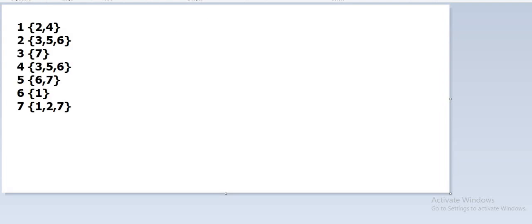Now this is the data that has been provided to us, and these are the outgoing edges. So let's make out the graph first of all, and then one by one we will look at the incoming edges corresponding to each vertex. Let us consider this as 1, this as 2, this as 3, 4, 5, 6 and 7. Let's mark it.